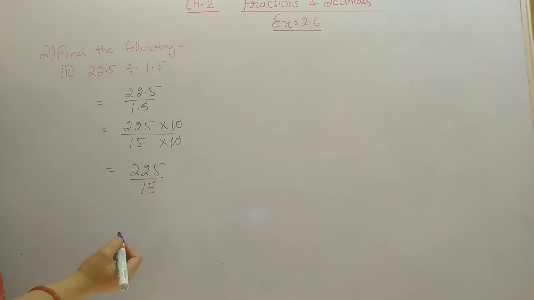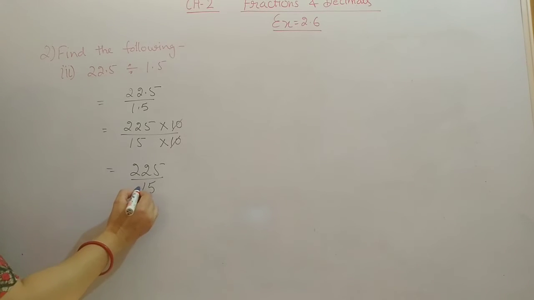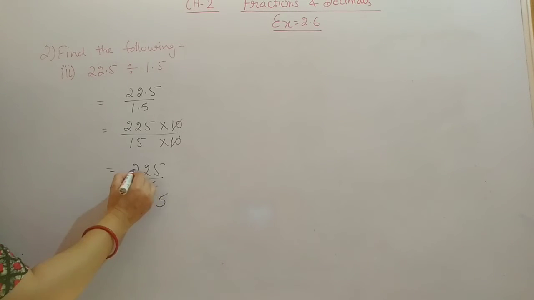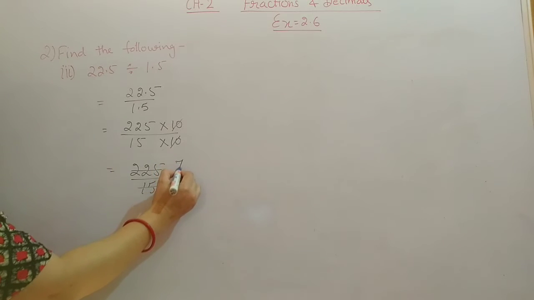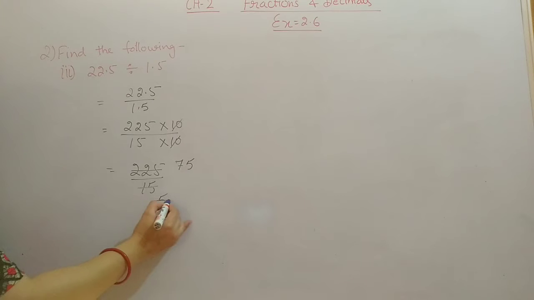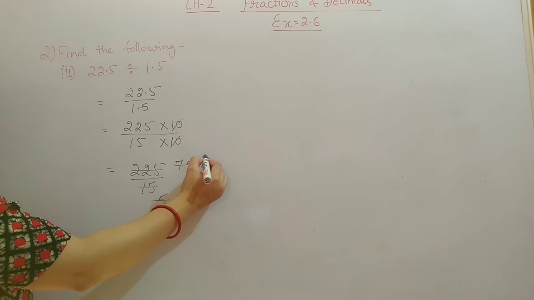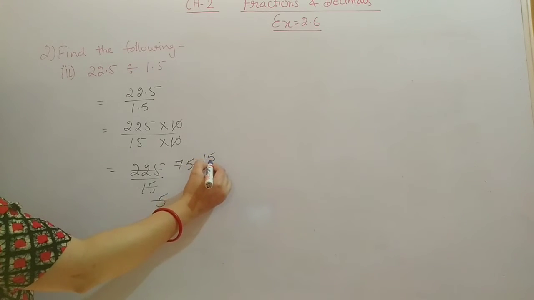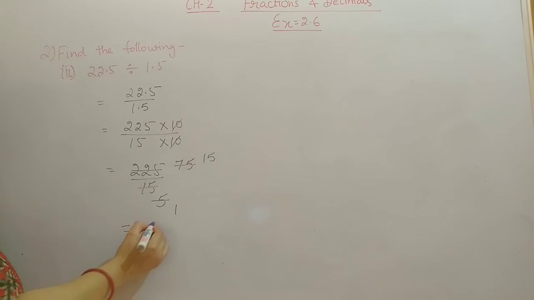Now it is your wish, you can use the 3 table or the 5 table. Suppose we are using the 3 table. 3 5s are 15, 3 7s are 21 and 3 5s are 15. Again we can use the 5 table. 5 1s are 5, 5 1s are 5 and 5 5s are 25. So the answer here is 15. Or you can do the simple division also. You will get the same answer both ways.